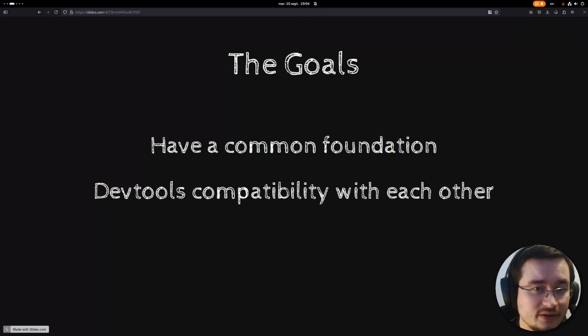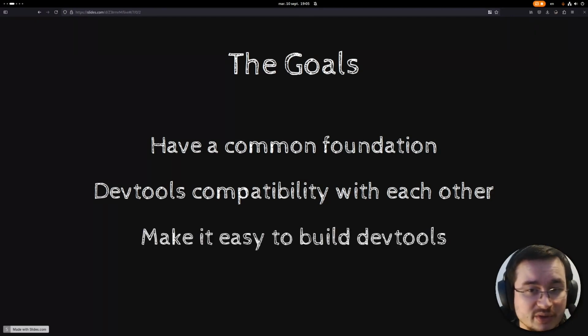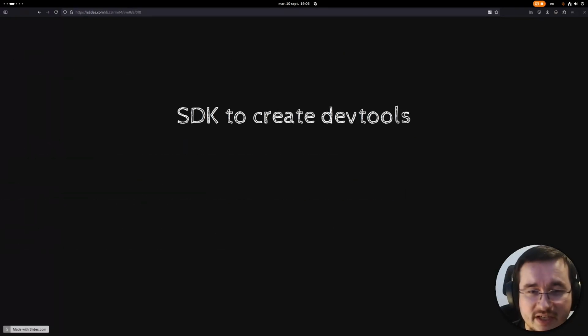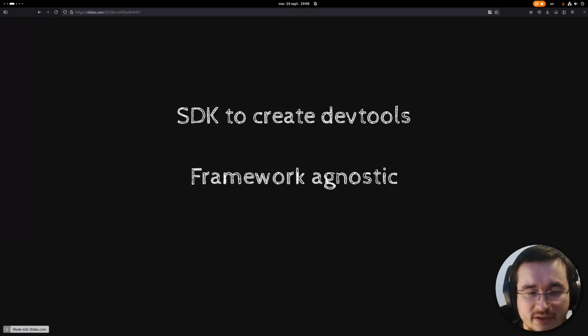in the future. And also we want to make it easier to build DevTools in the first place for any other frameworks. It's basically going to be an SDK to create DevTools. With it, you can create DevTools for any framework, so not just Next or Vue.js, and it's going to support a lot of different environments.